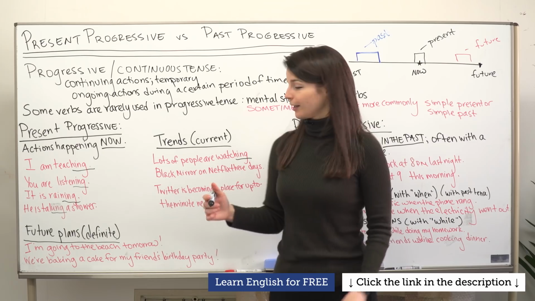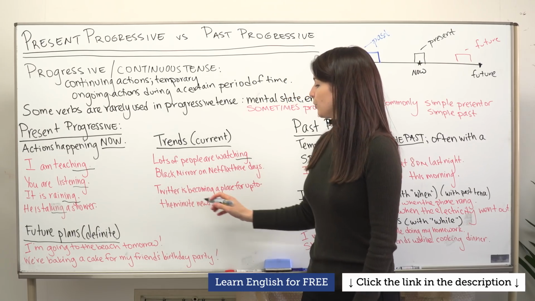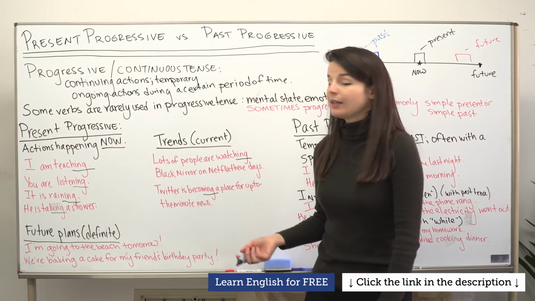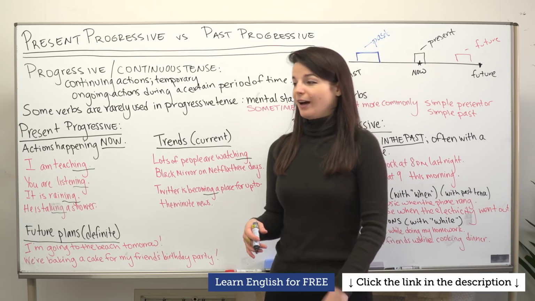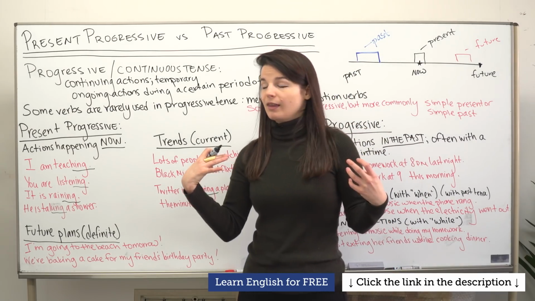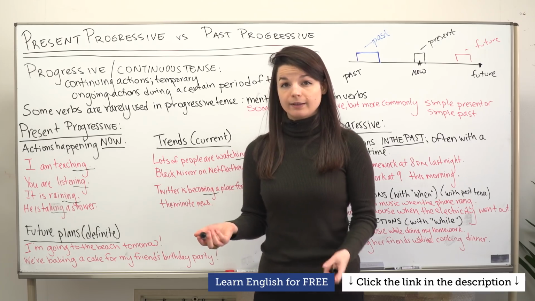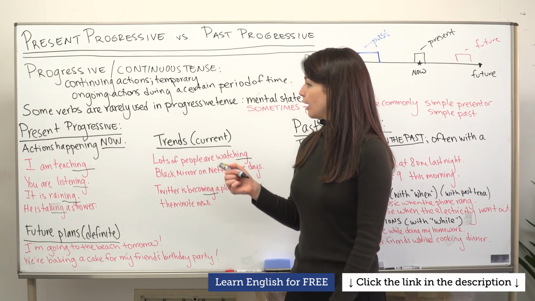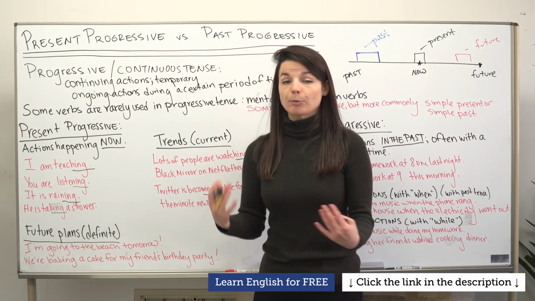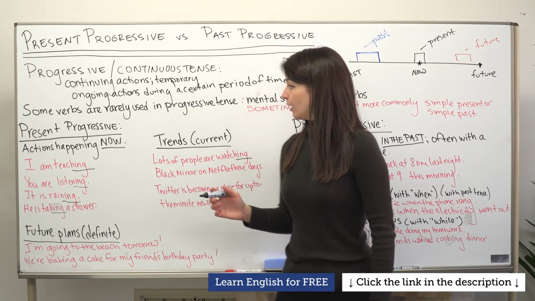It's a trend, really. Another example, Twitter is becoming a place for up-to-the-minute news, for example. So this is another example, something that's just kind of happening recently or some trend you've noticed recently. You could apply this, or you could explain this, rather, with the present progressive tense. All right,